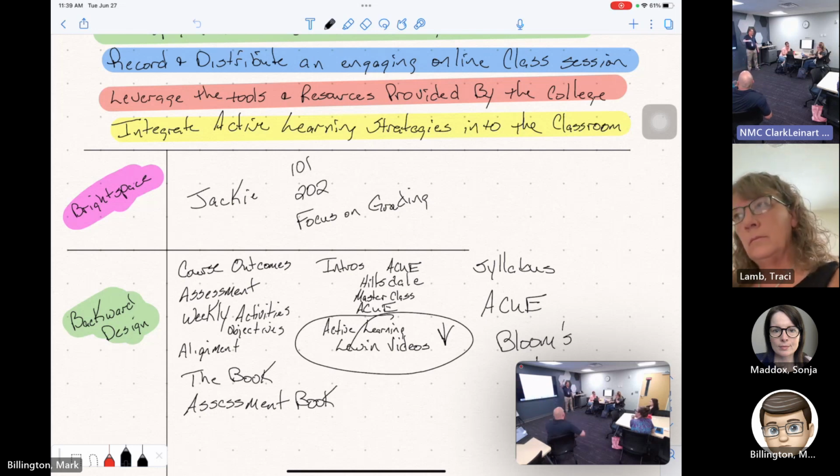And then thinking of that alignment down through there, so they don't walk out going, all of this stuff is floating around in my head, how do I get that back out? And what am I going to see on the test? And all of those good pieces there. So lots of things to think about and how to organize it to make it as easy as possible for them. But that backward design will really help in that area. All right. Thanks, Chief. Awesome, thanks.